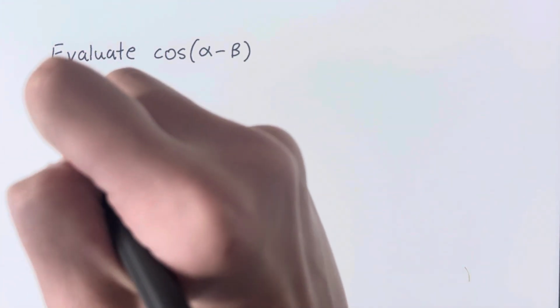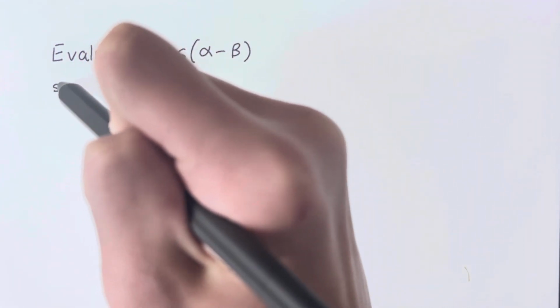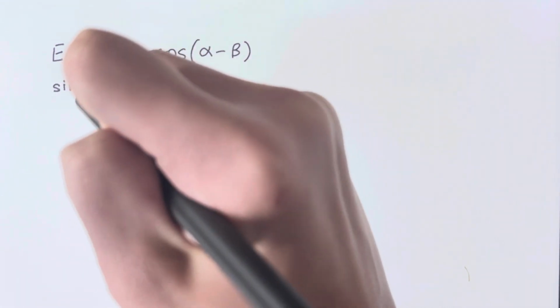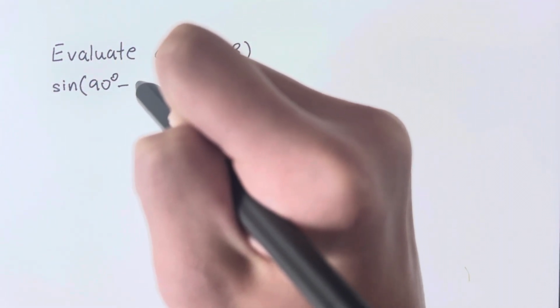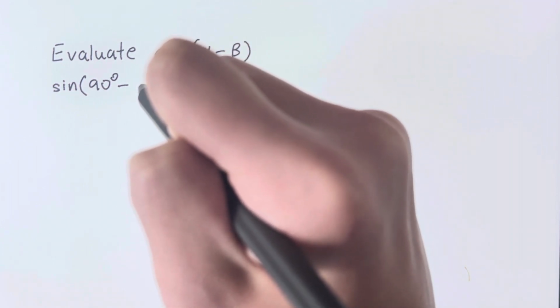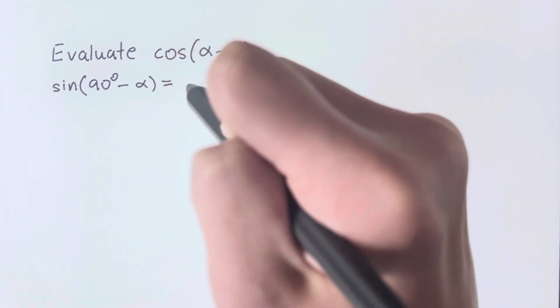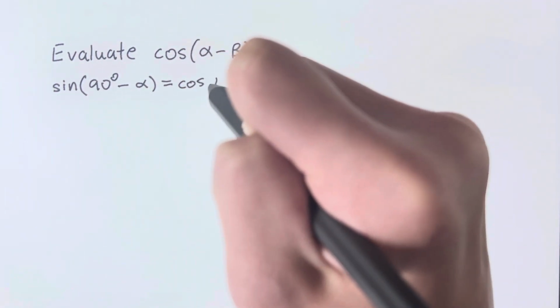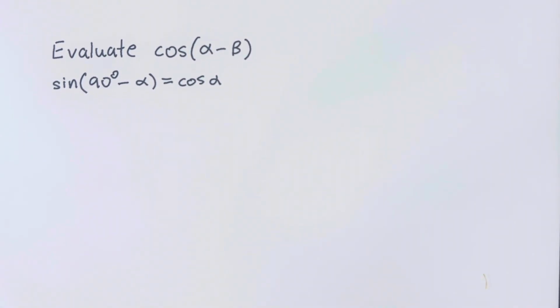We know that the sine of 90 degrees minus alpha equals to the cosine of alpha. So using this, we can get that